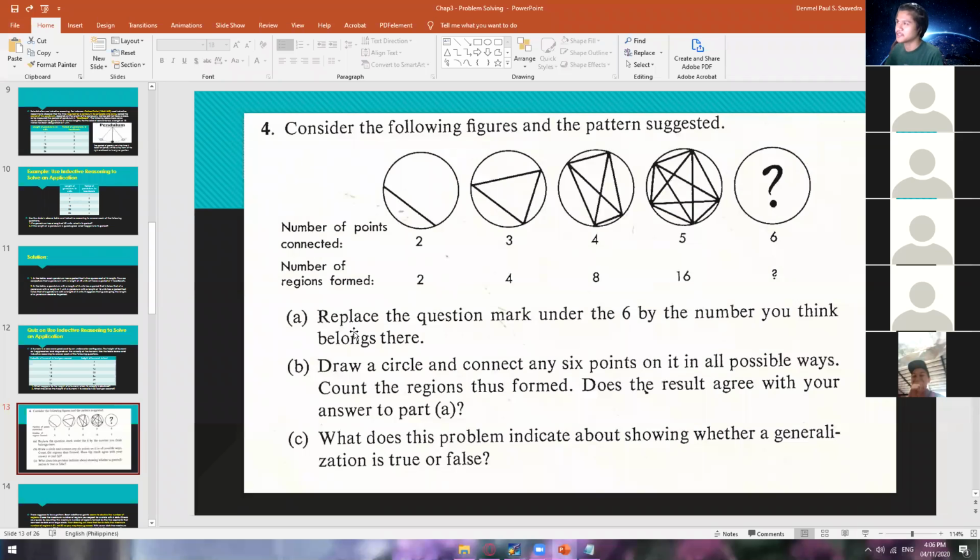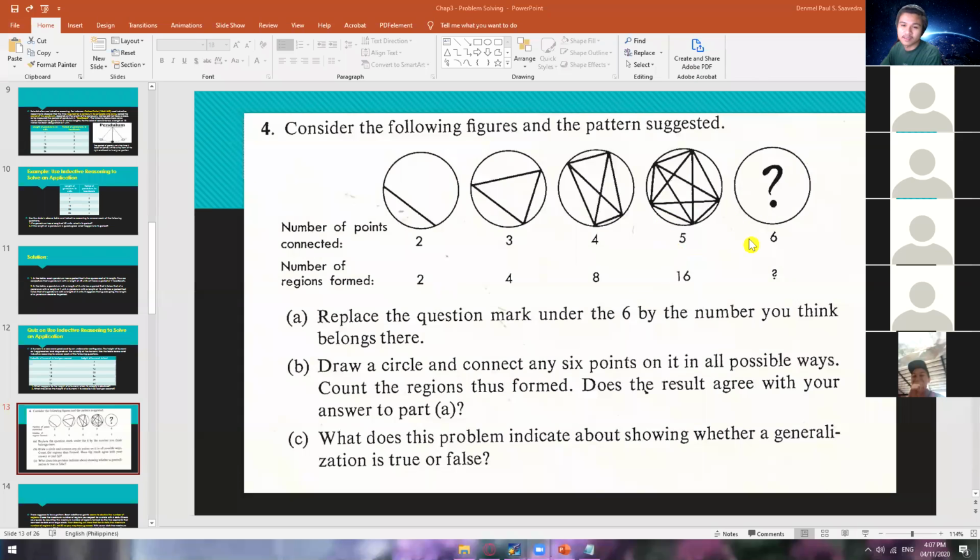Okay, what about the others? 32. 31 or 33? You will see, okay? So some answered 32, some answered 31 or 33. Some even answered 24, 32. Okay, so most of you answered 32.